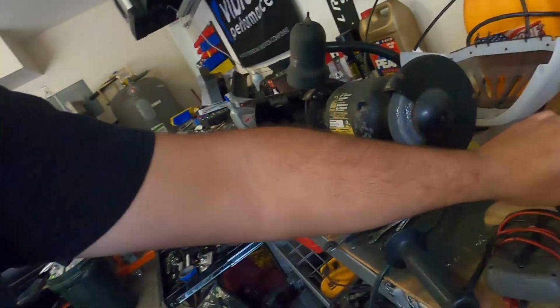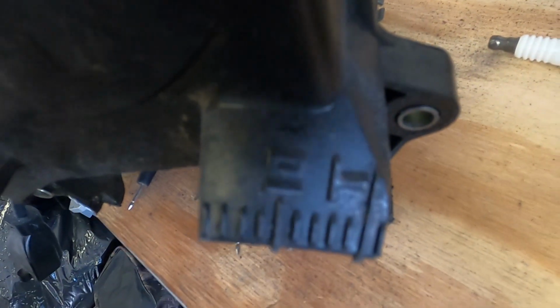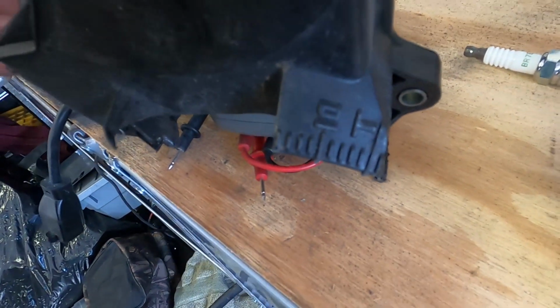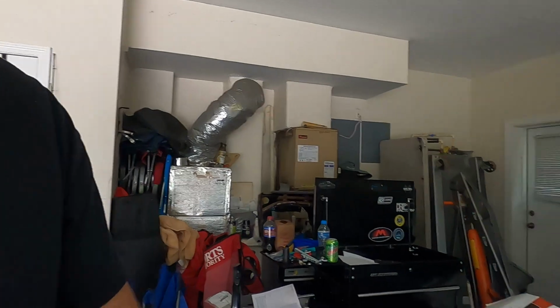Like on a Miata, for instance, conveniently enough, I have a cover right here. So using this cover right here, this actually tells you when you're at 0 degrees, 10 degrees advanced, or 20 degrees advanced. Well, on an LS, they don't have anything like that because it's all mechanically done timing. You can't adjust the cam or crank sensor. So what I ended up having to do